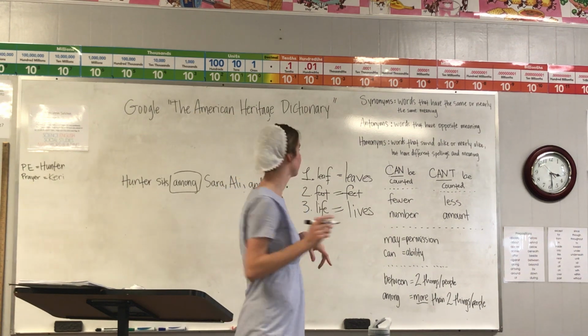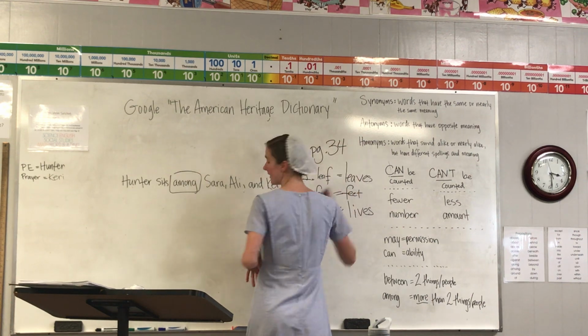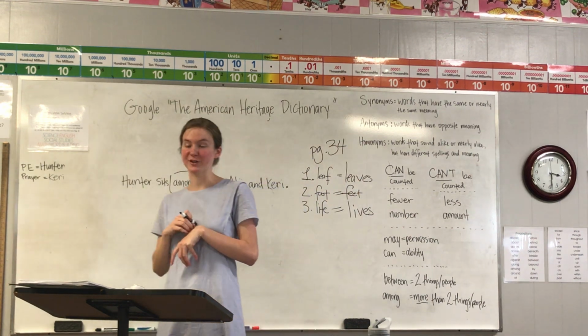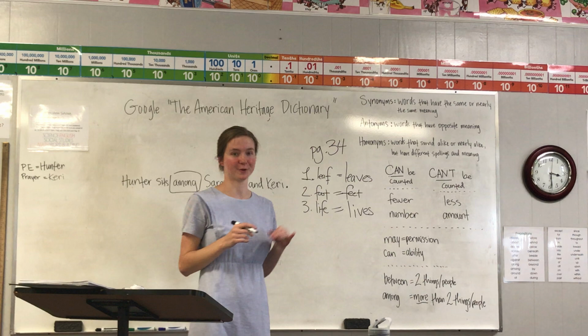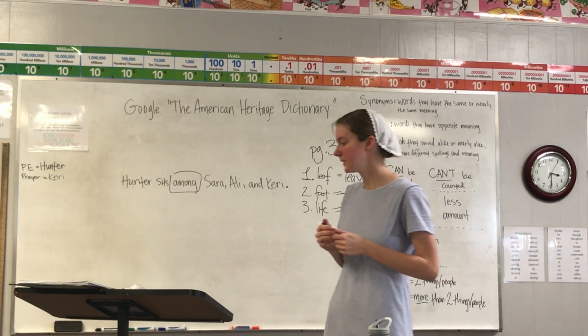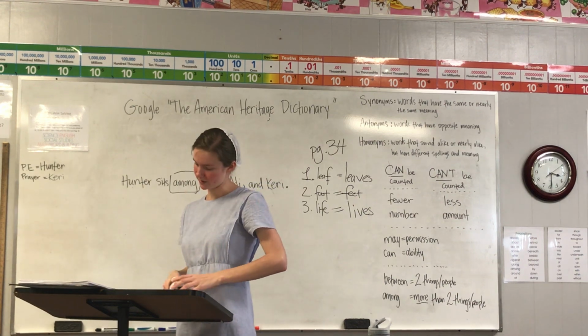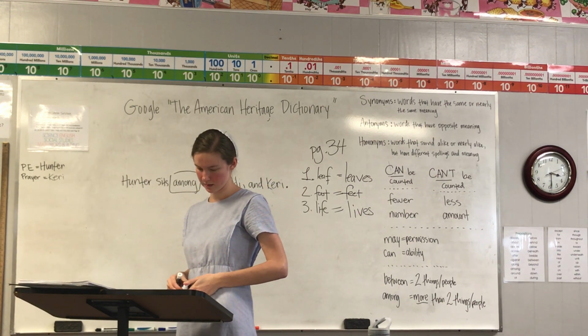If you get stuck, go to page 34. That's way back there. We learned about it a long time ago. On page 34, it gives you the 7 plural rules. I want you to look back if you get stuck. Turn the page. We're about done, y'all. We're just going to discuss